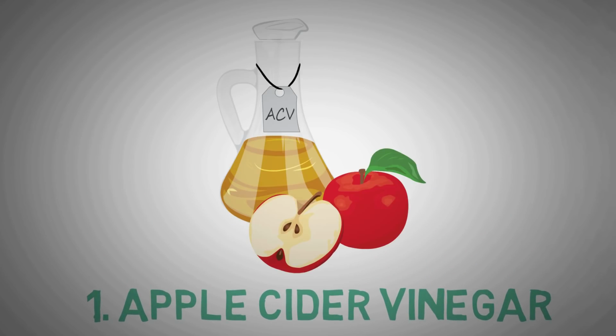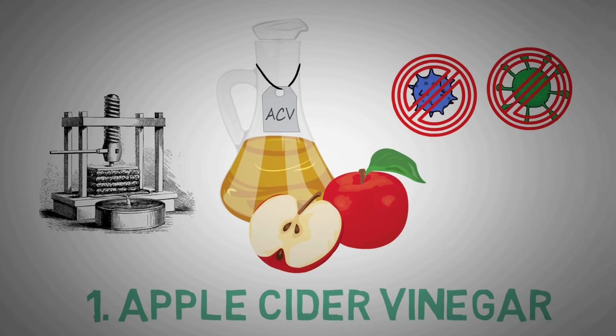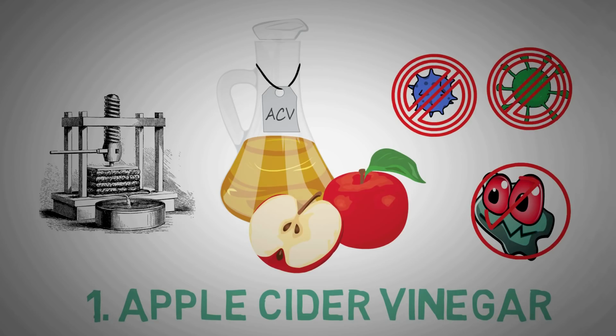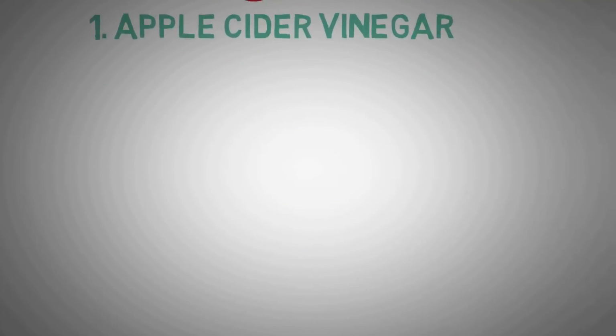Apple cider vinegar is made by fermenting apple cider or the unfiltered juice from pressed apples. Like other vinegars, it is known for its ability to fight many types of bacteria and viruses. Apple cider vinegar contains several organic acids that have shown to kill Propionibacterium acnes. It contains lactic acid and succinic acid, which are known to suppress inflammation caused by this bacteria and also help to dry up the excess oil that causes acne in the first place.